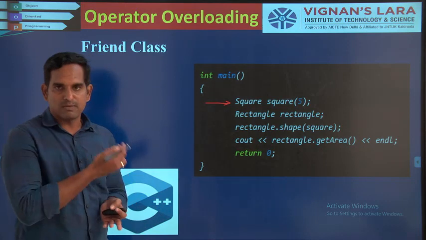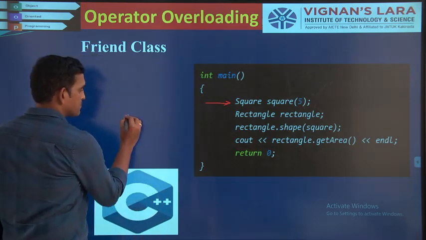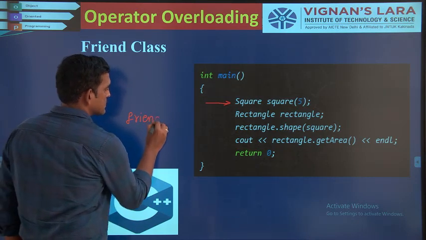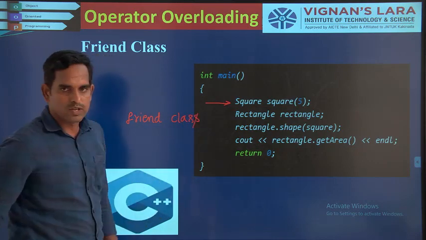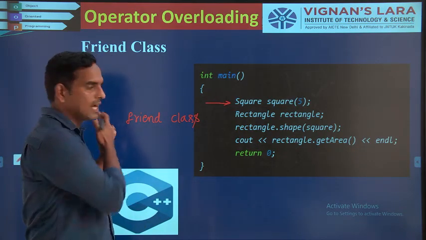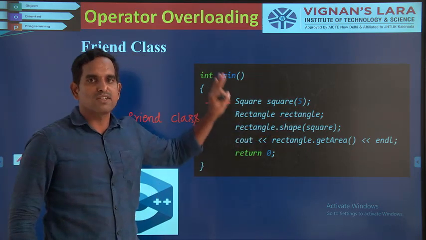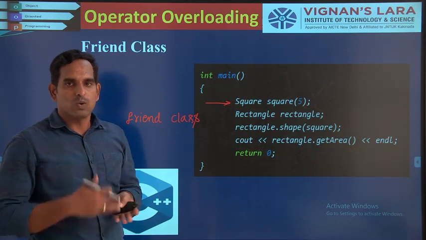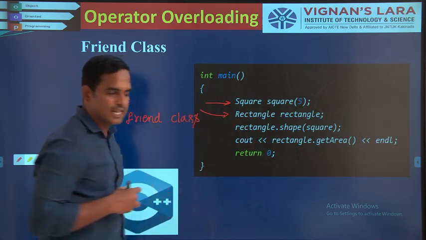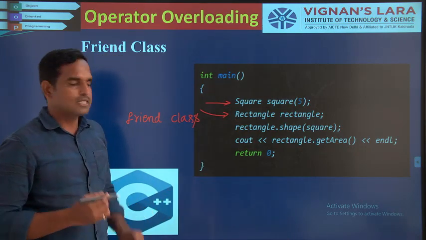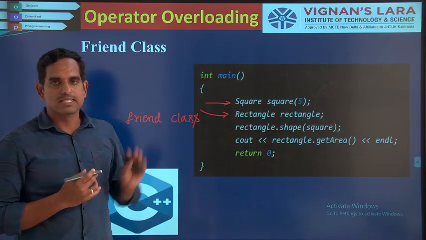So as you can see from these two examples, you can understand that you can make one class a friend in another class. In this particular example, we have made the rectangle class a friend to your square class. So once a particular class is made a friend, in this instance the rectangle is the friend of your square, at that instance, inside the rectangle class, I can create the objects of your square class.